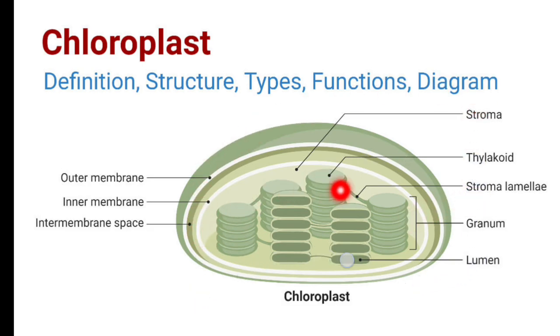Other than the membrane system of the chloroplast, the chloroplast also contains stroma. The empty place inside the chloroplast, we consider that as the stroma, and it also contains thylakoids. Thylakoids are a group of grana bound together. It's a stack-like structure, so it is called a granum. Then the stroma lamella is the connecting point between the grana, called stroma lamellae, and the space inside the granum is called the lumen. So these are the different parts of the chloroplast. Each part is very important and plays a major role in the process of